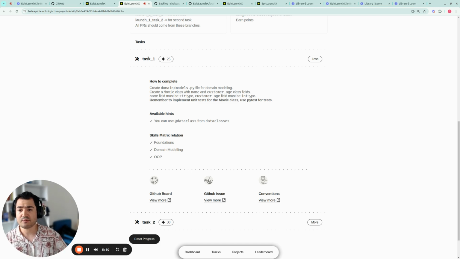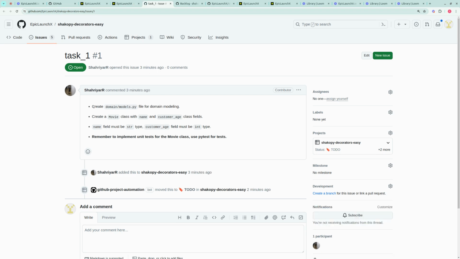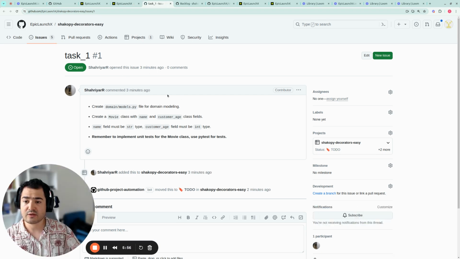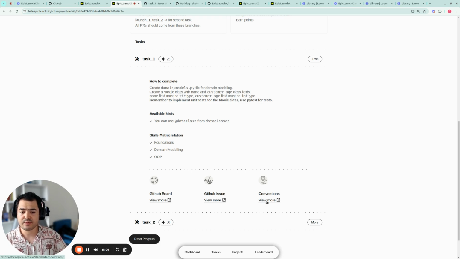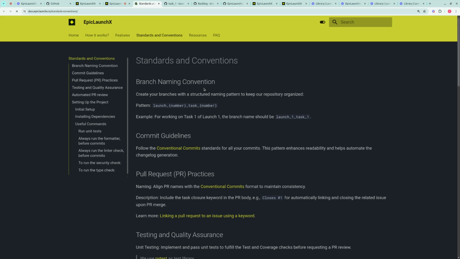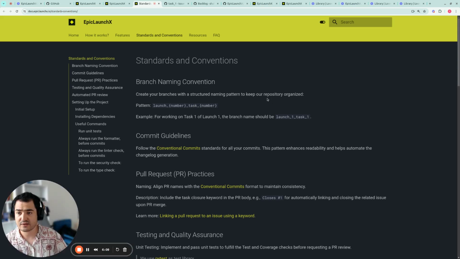And one more time, in task 1, there's a link for the GitHub issue. So basically, the description of the GitHub issue is the same as here in the how-to-complete section. And one of the most important parts is to understand the conventions and the standards. For that reason, we created a documentation page and try to explain how we see Python project